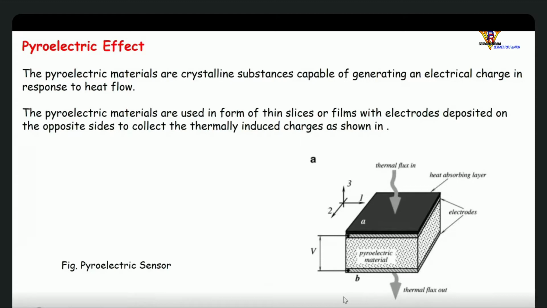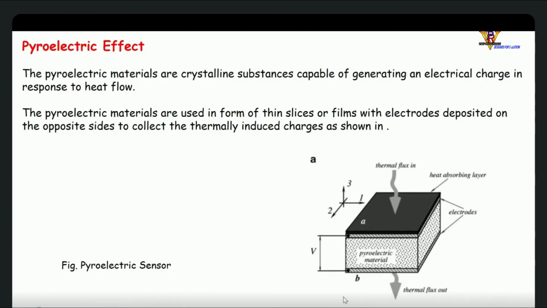So by observing this, we can sense how much thermal flux is propagating through this material. Okay. So, like piezoelectrics, the pyroelectric materials are used in the form of thin slices. In case of piezoelectric materials, if these two faces are deformed, then because of the deformation, some electric potential exists across the plates of the material. So that is because of the piezoelectricity. So similarly here, the potential difference exists because of the flow of this thermal flux.